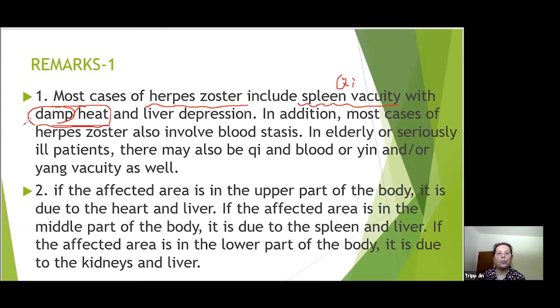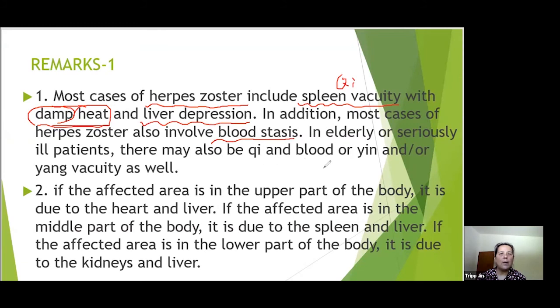So that forms damp heat. It may also combine with liver qi stagnation, and in severe cases, maybe with blood stasis kind of conditions,